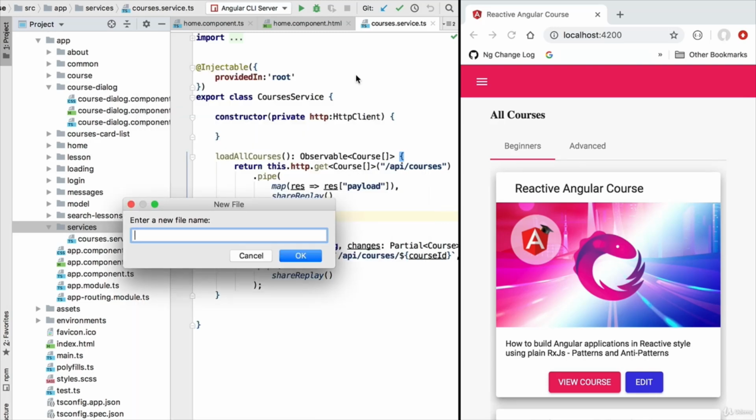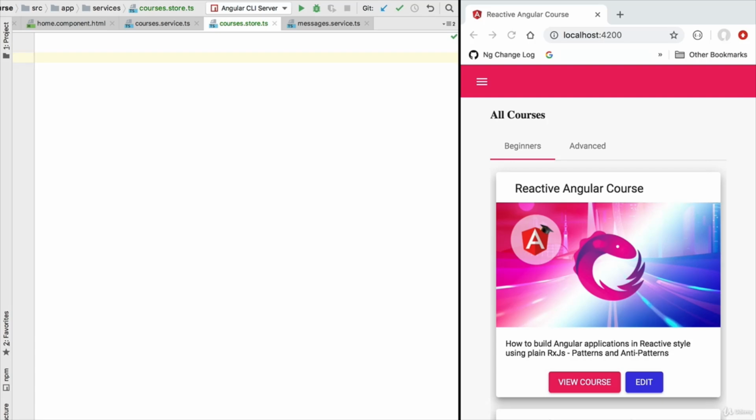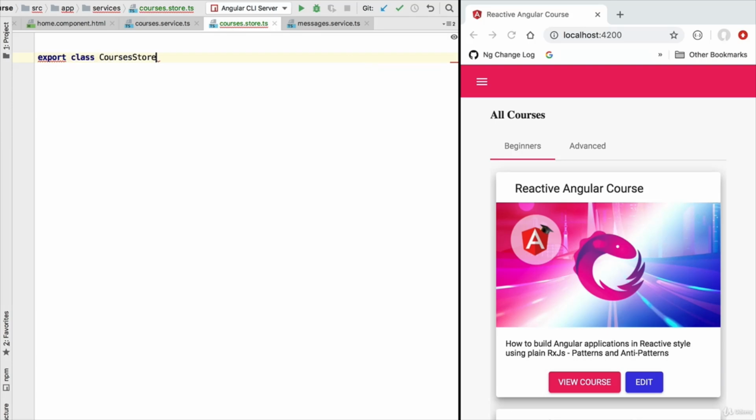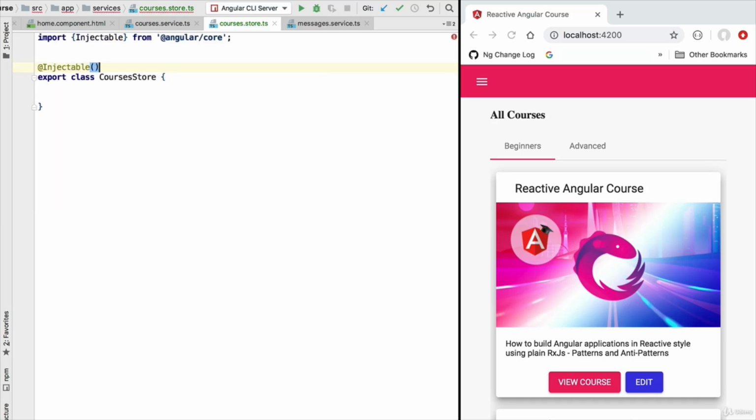So we are going to be creating here a new file that we are going to call courses.store.ts. Let's now define the skeleton and parts of the public API of this new service. Let's create here a new class that we're going to be calling courses store. We are going to be annotating this with the Angular injectable decorator, and in the particular case of this courses